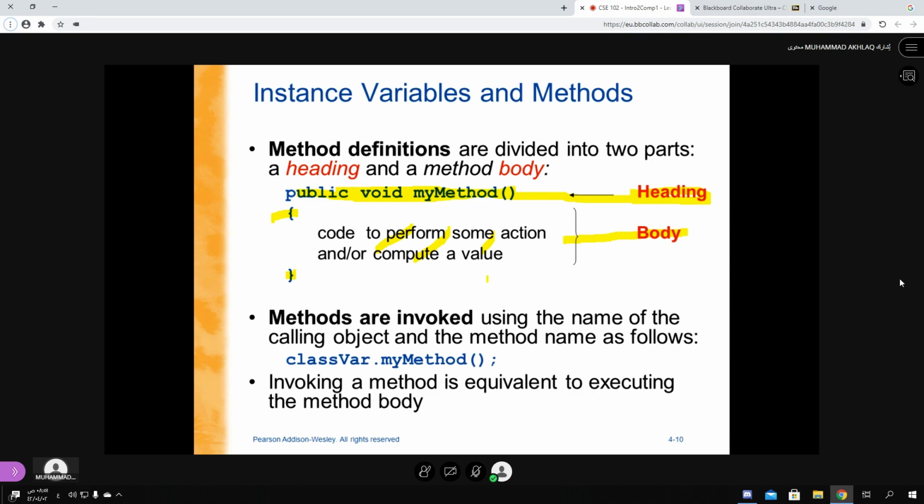If I give you a statement like this, class variable dot my method and semicolon, this is a method call. But if I give you a statement like this, public void my method, and there is no semicolon, no data provided here, nothing, then this is the heading of the method.